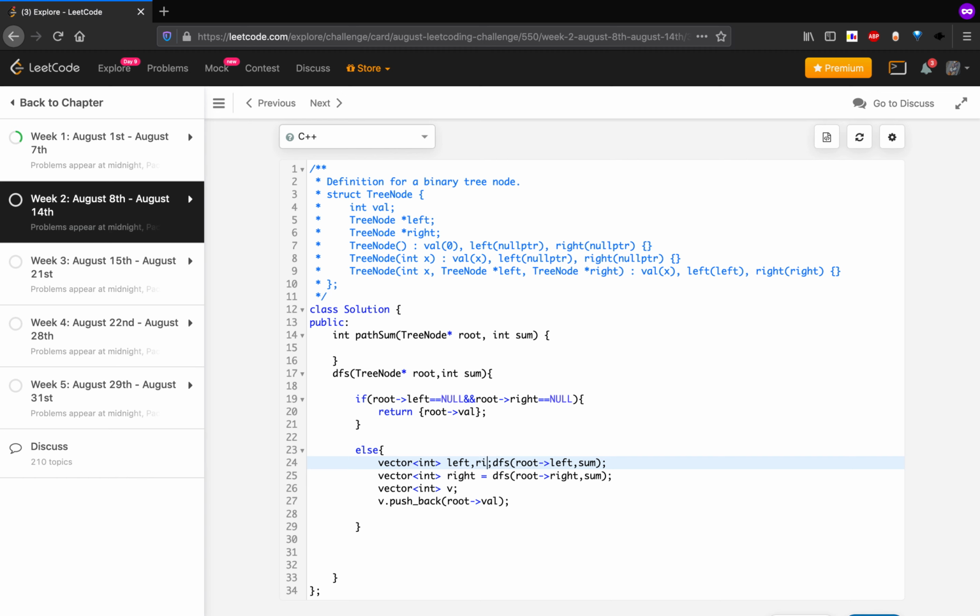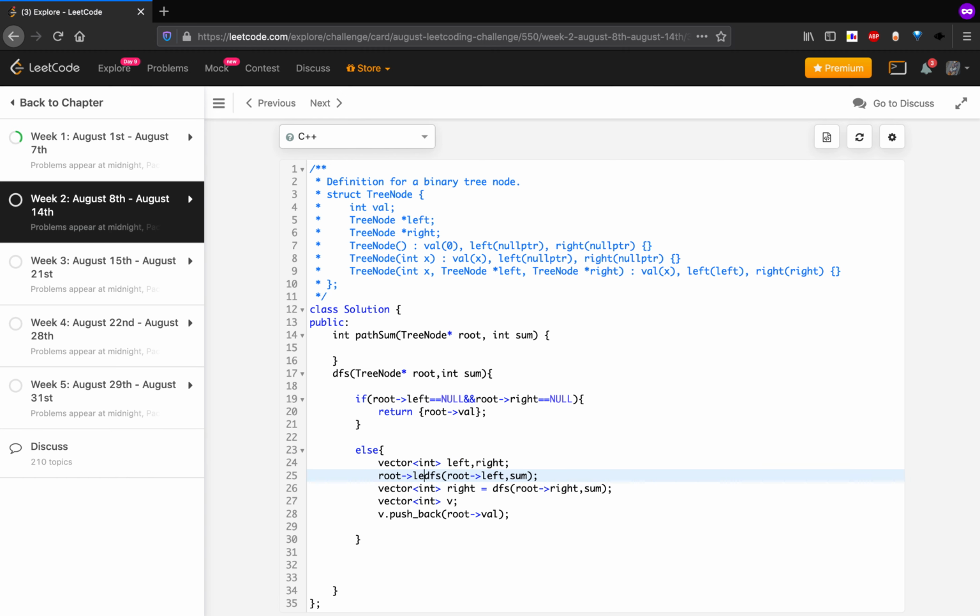So we can take the vectors left and right. If root left exists, then we do a DFS on root left with sum. Similarly, we do this in the right part too.